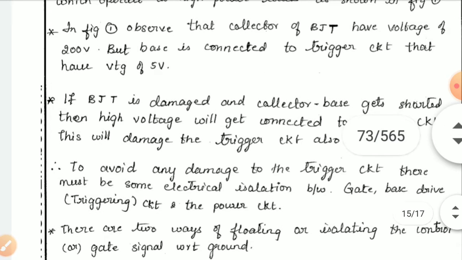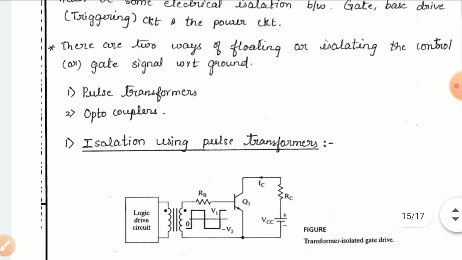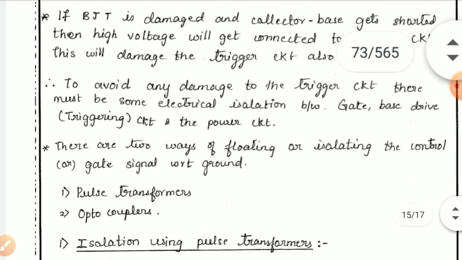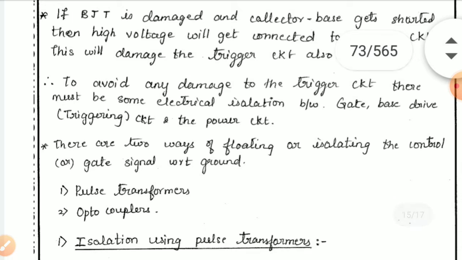In case of a bipolar junction transistor, it is isolation of base drive. In case of MOSFET, it is isolation of gate drive. To avoid any damage to the trigger circuit, there must be some electrical isolation to avoid the reverse flow of current. That is called isolation of gate and base drive